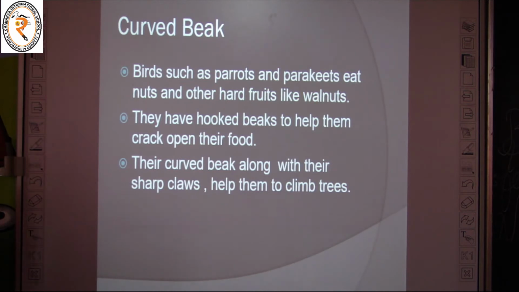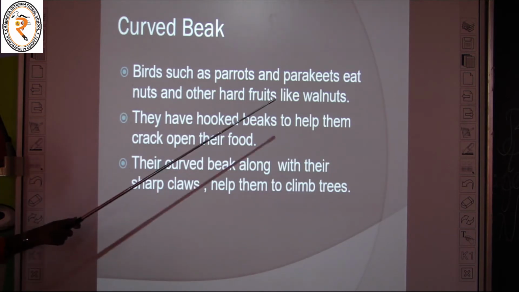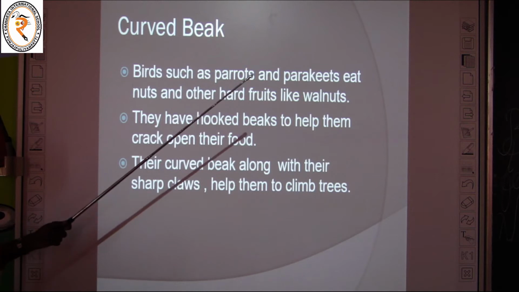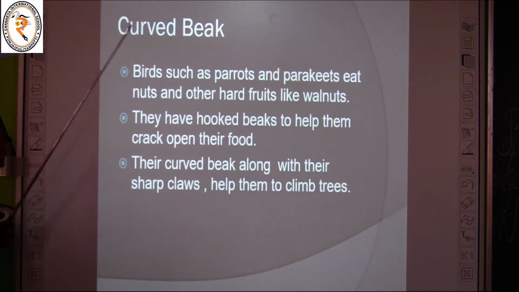Next is the curved beak. Birds such as parrots and parakeets eat nuts and other hard fruits like walnuts. They have hooked beaks to help them crack open their food.